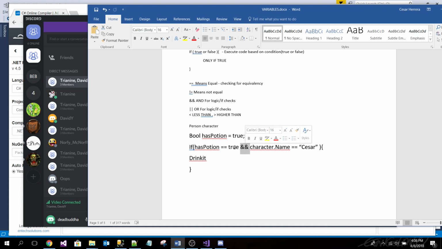So, in order for any of these to be true, this is where it gets computer sciencey a bit. Both of these dudes have to be true in order for them to be true. It's logic gates. So if at any time either of these guys is not true, then it fails. Correct? It's false automatically.